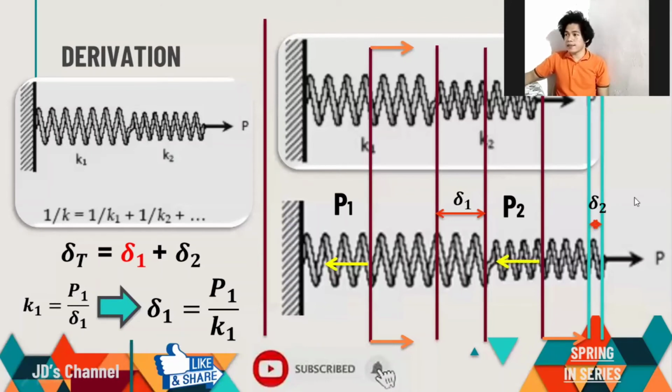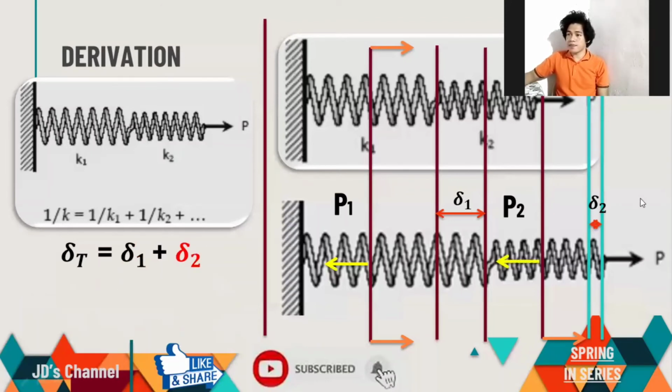So next, doon naman tayo sa delta 2. Delta 2 naman ang ating hahanapin. Itong delta 2 ngayon, okay? So for delta 2, makikita natin dito na kalit ng kanyang deformation. Okay? Delta 2 is equals to